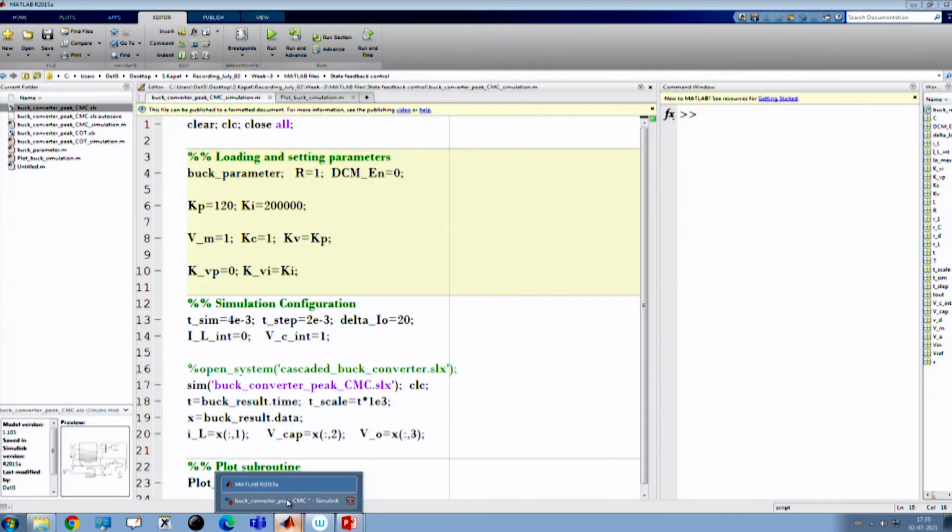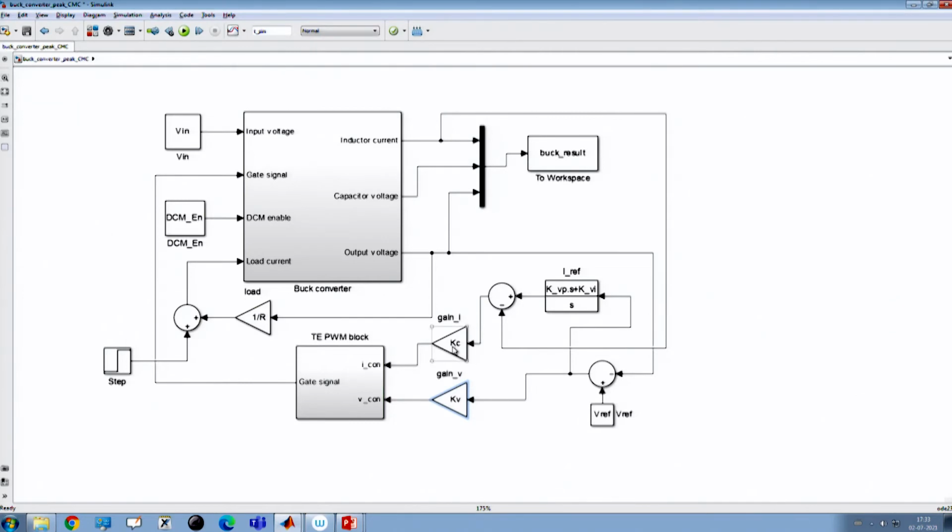That means in the case of current mode control, Kc is set to 1, this is set to 1 for both the cases, and if we consider a standard current mode control, then our inductor current is directly compared to the reference current. So, we do not need an additional voltage loop because that is already taken care of here.